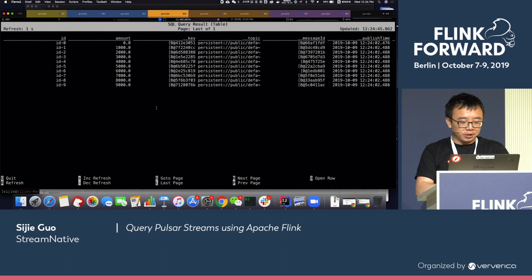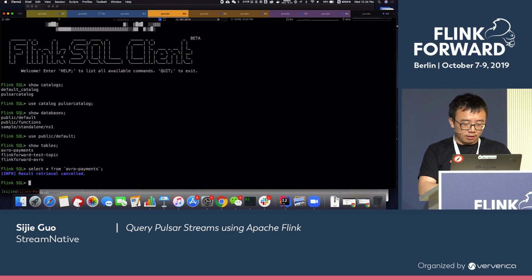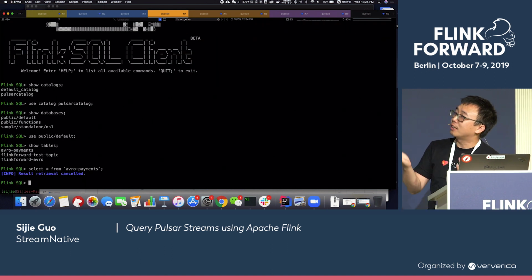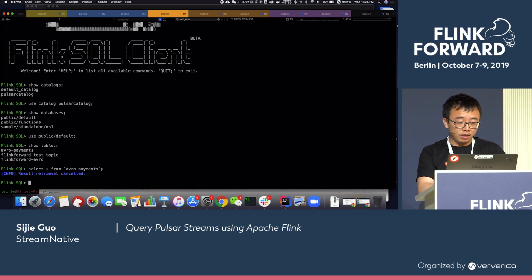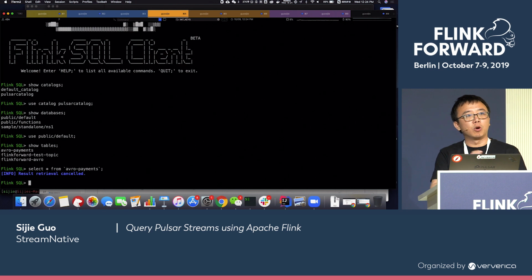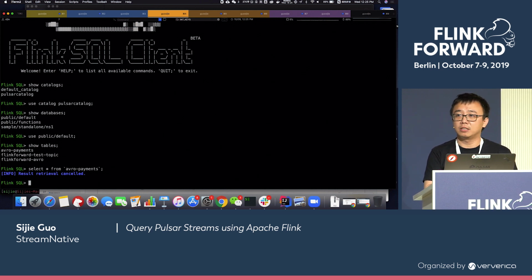So this just gives a quick understanding of how we integrate Pulsar with Flink. With that being said, we want to provide Pulsar users who use Flink for processing data a seamless experience for querying and processing data within Pulsar. You don't really need to register additional information.